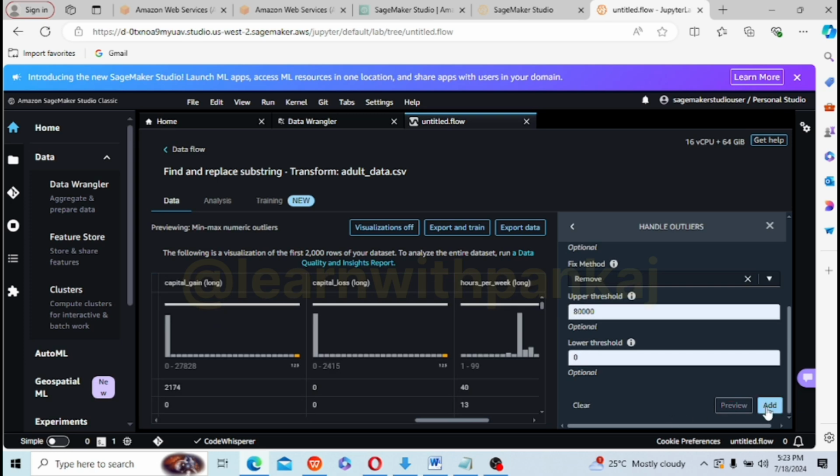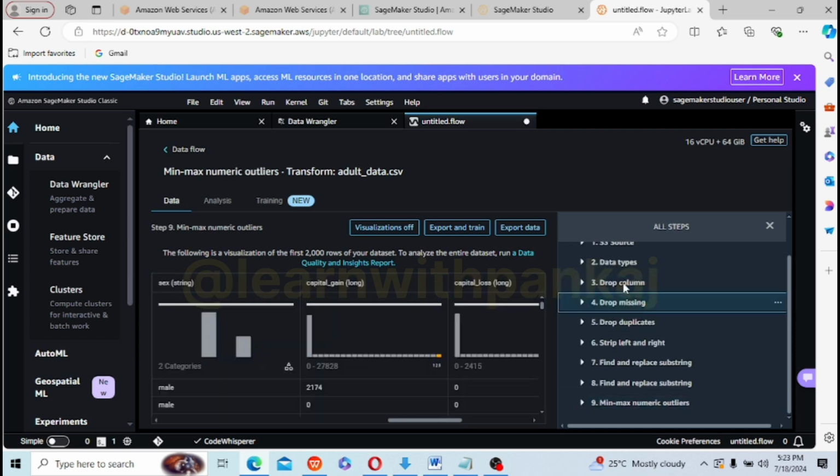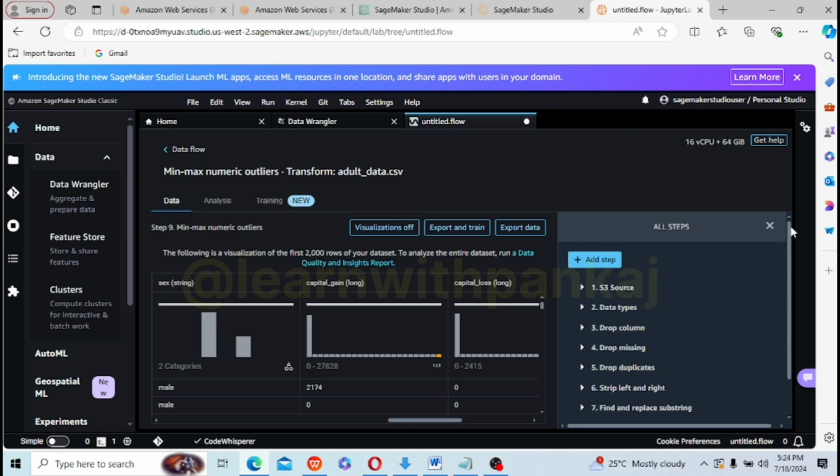Just click on add. So these are all the transformations that we have done so far: dropping columns, drop missing, drop duplicates, strip left and right, find and replace substrings. We did this for the income, and now we have removed the outliers. Now one more thing: we have to perform the ordinal encoding, right? Why?